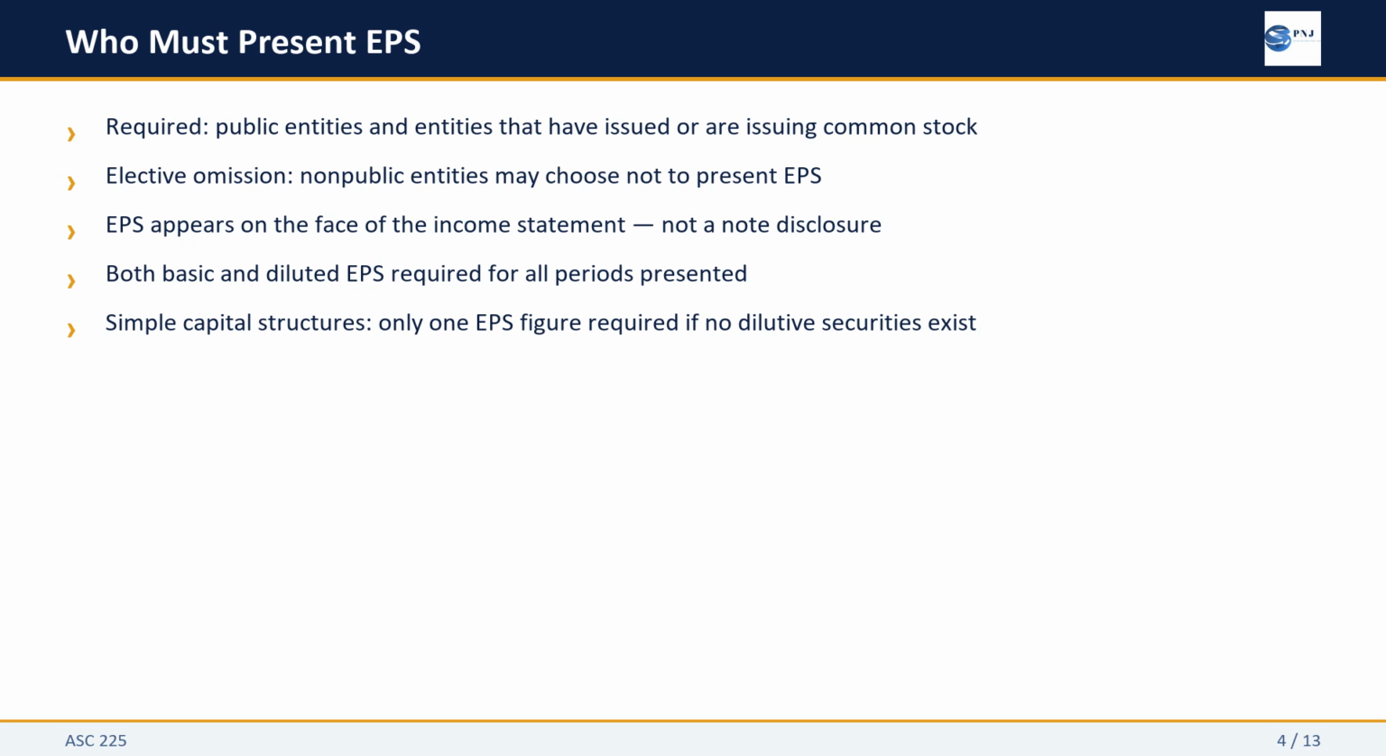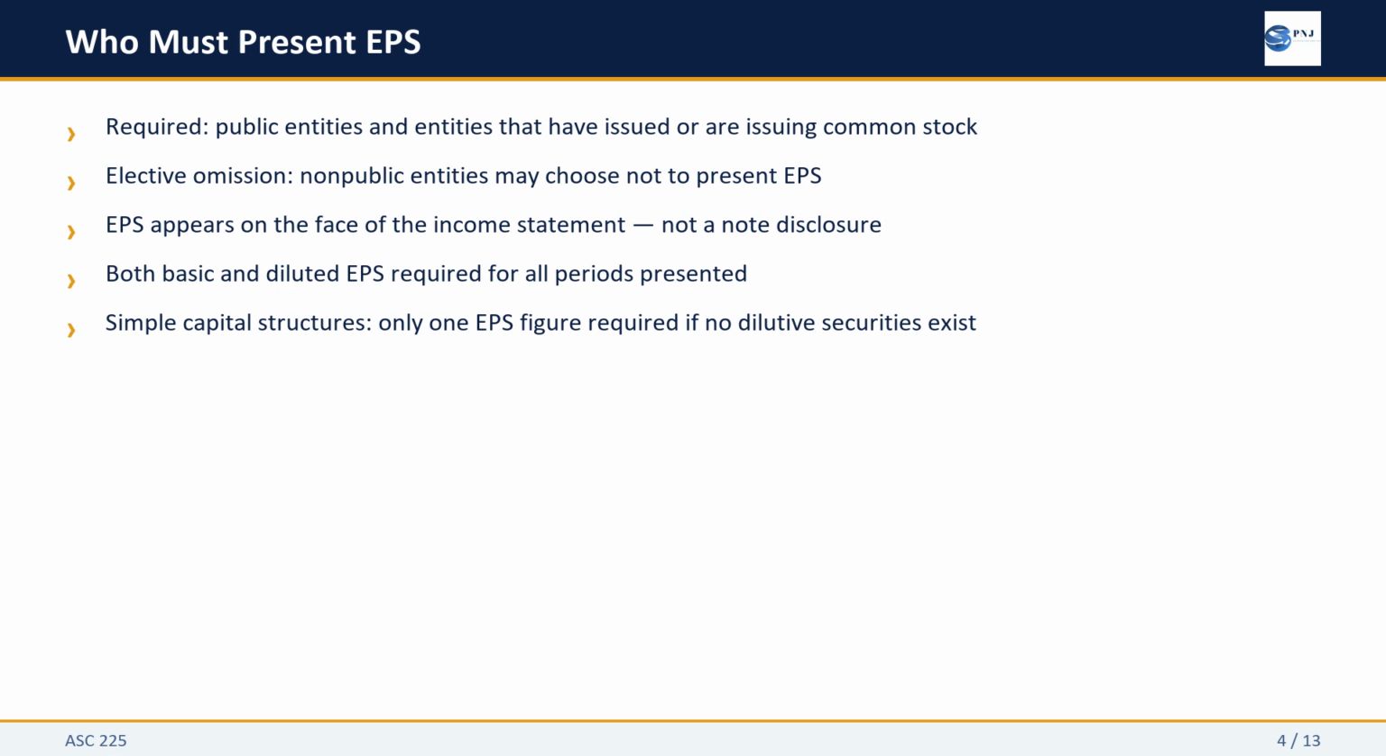ASC 260 applies to public entities and to any entity that has issued, or is in the process of issuing, common stock. For private companies with no plans to go public, EPS is optional, and many choose not to present it. But for public filers, presentation on the face of the income statement is mandatory and applies to every comparative period included in the filing. Entities with simple capital structures, meaning no dilutive instruments exist, may present a single EPS figure rather than separate basic